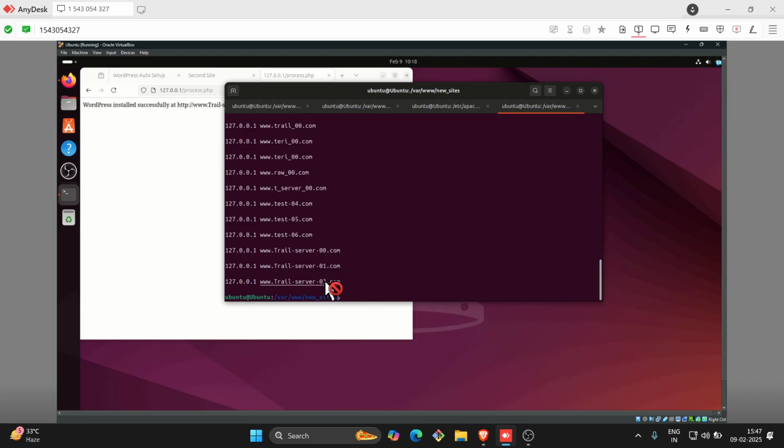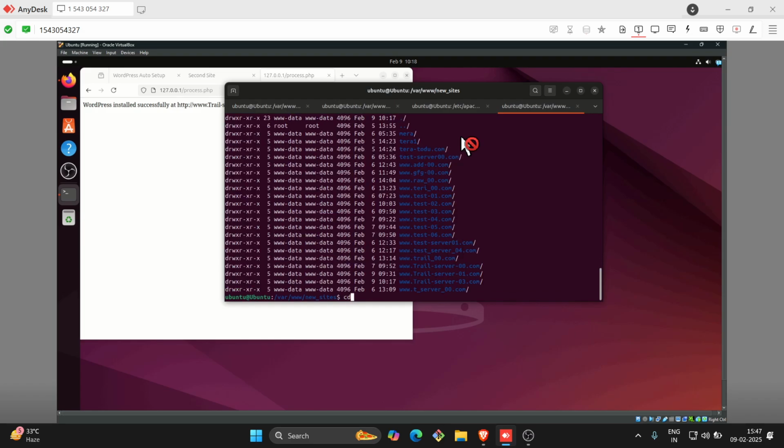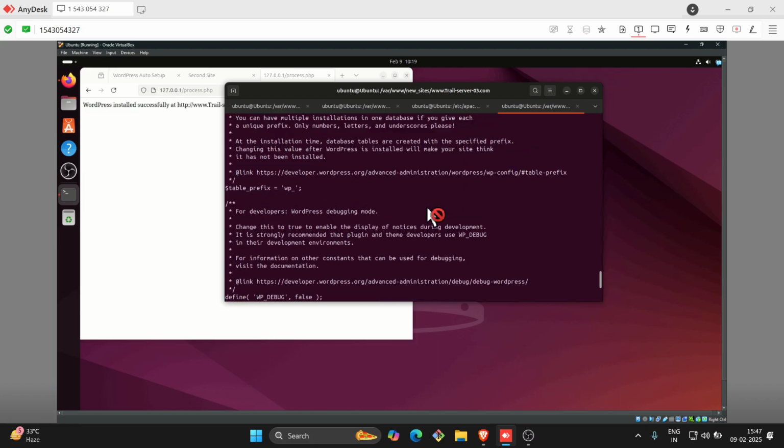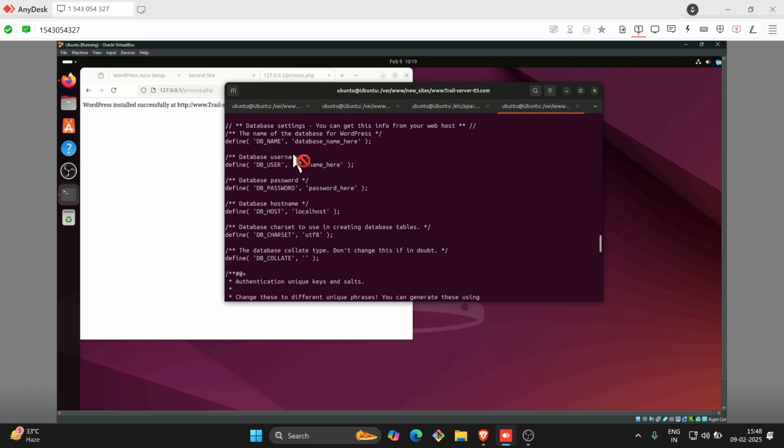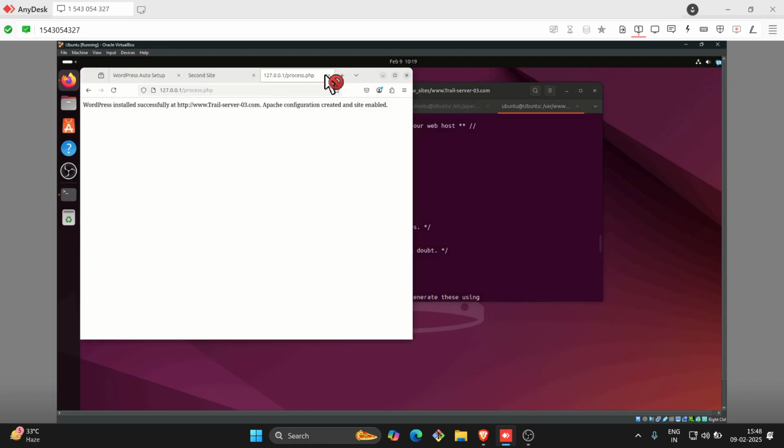Also, if I go inside www.trialtestserver03.com, there is a file named wp-config-sample.php, which is not set now, but we see that when the data is entered at this site, I will show you, when we try to access it,